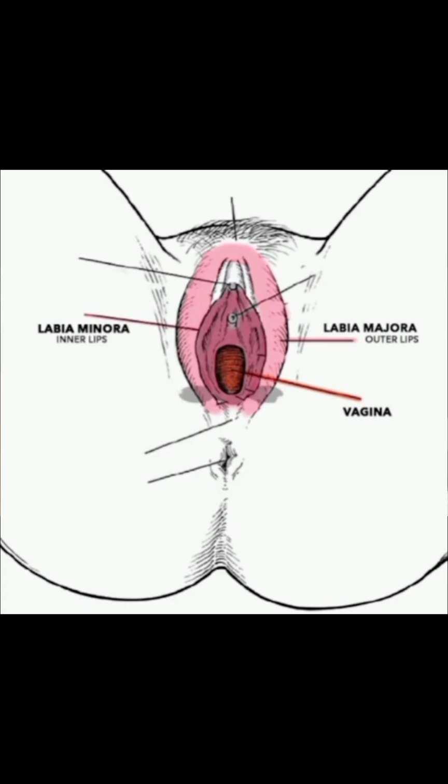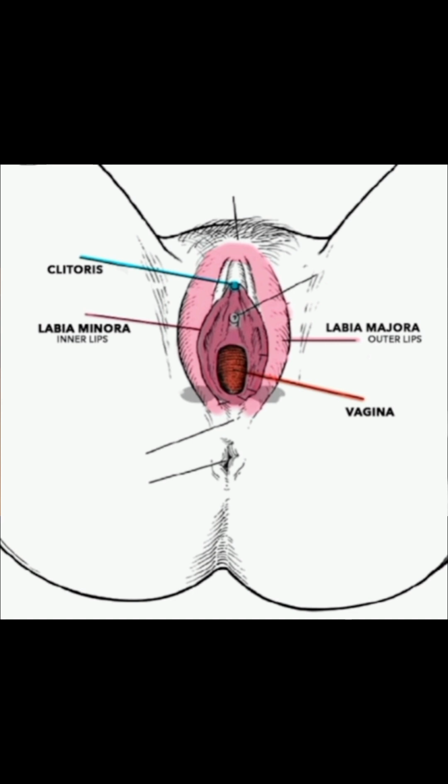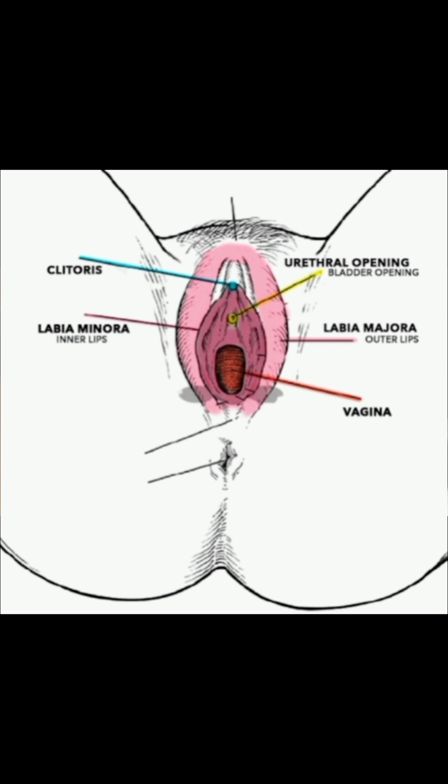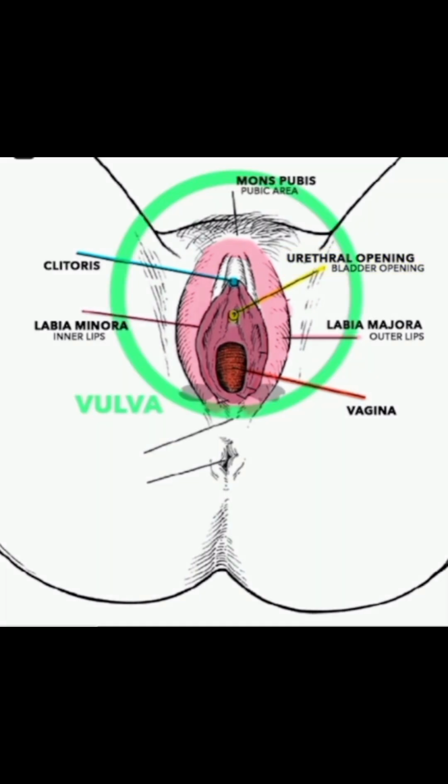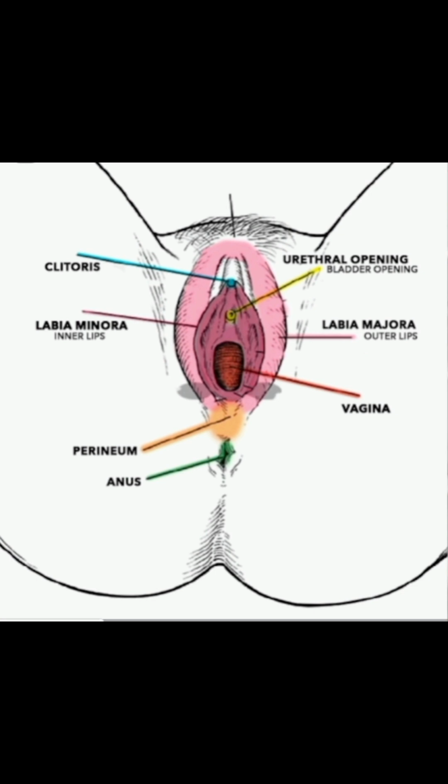So let's talk about the anatomy so that we can be on the same page. This here is the area you see. It is the vagina. The vagina is this hole in the middle here. You can see the other parts, the inner and the outer lips, the clitoris, and etc. Then you don't pee out of the vagina. Urine passes out through the urethra. All of these together are called your vulva, and the space between the anus here and the vagina is the